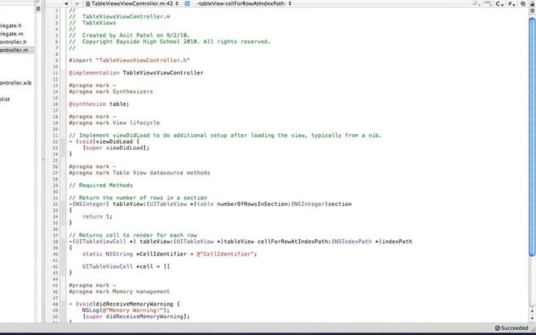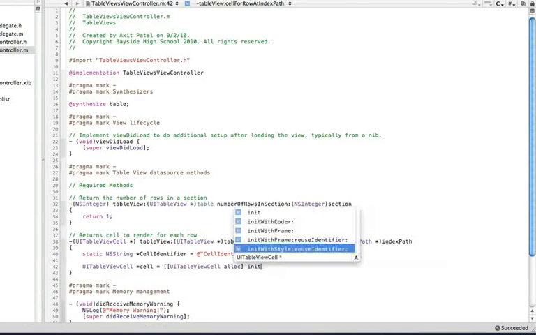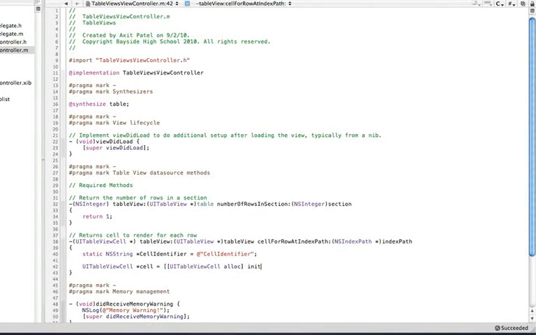Now many of you would do this: UITableViewCell, we would alloc and init. Now there are various ways to init it, but let's just keep it simple and say init. Well, this works completely fine, but what if you have hundreds of rows? The table view would create a cell for each row, and that would be a lot of memory allocation. We don't want to do that and overburden our iPhone, so there's an easier way to do that. Let me delete this, and the way you do that is tableView,